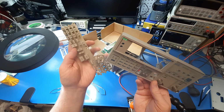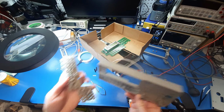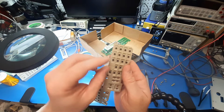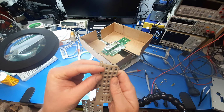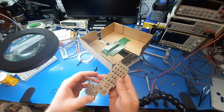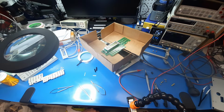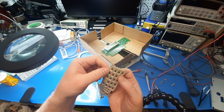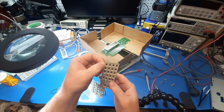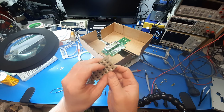these kind of membrane buttons, and this was made in like the 80s or 90s. So what happens is this carbon impregnated rubber or polymer, it just wears out. Now, sometimes you can get away with just disassembling it and cleaning the contacts with some isopropyl, and that's all it needs. In this case, it wasn't enough. The impregnation process probably just wasn't designed to last for decades for constant use. So even after cleaning that and then cleaning this,